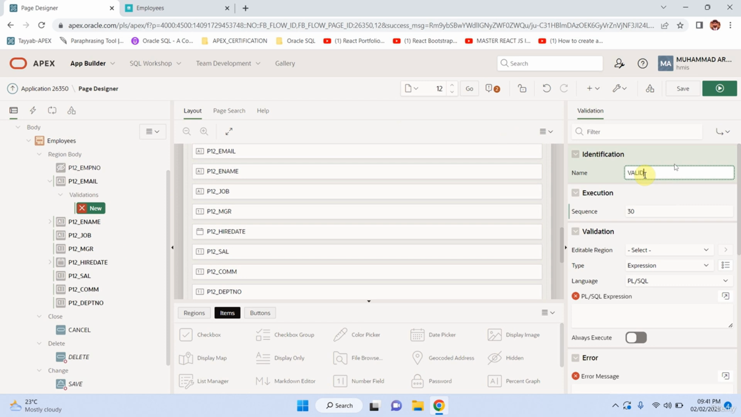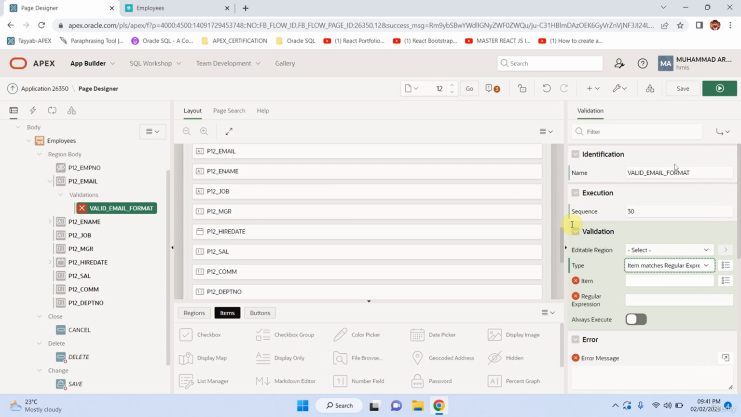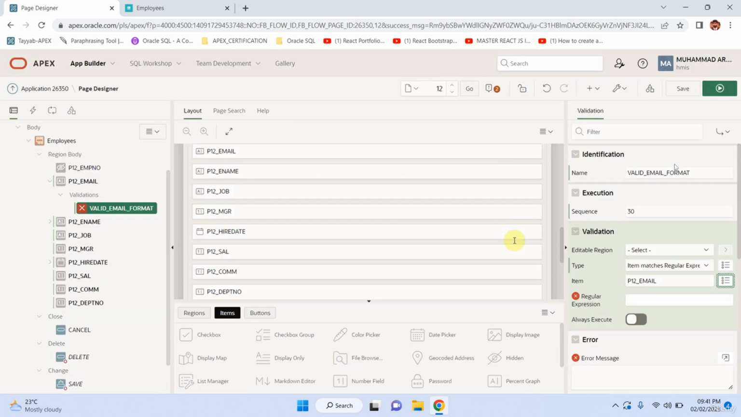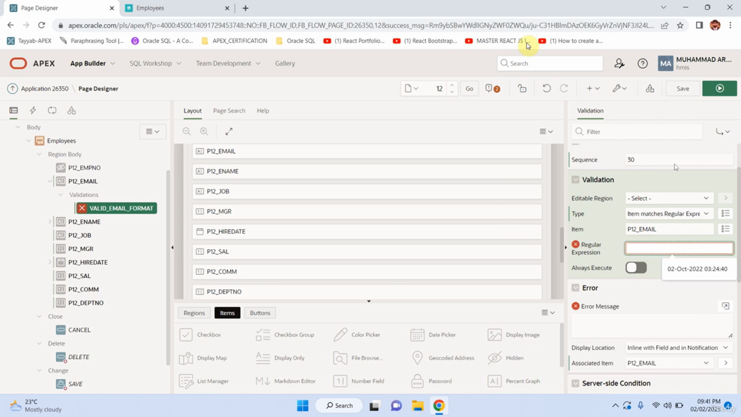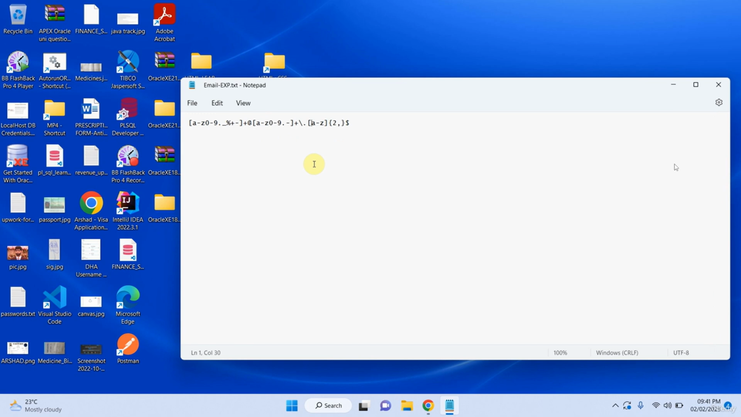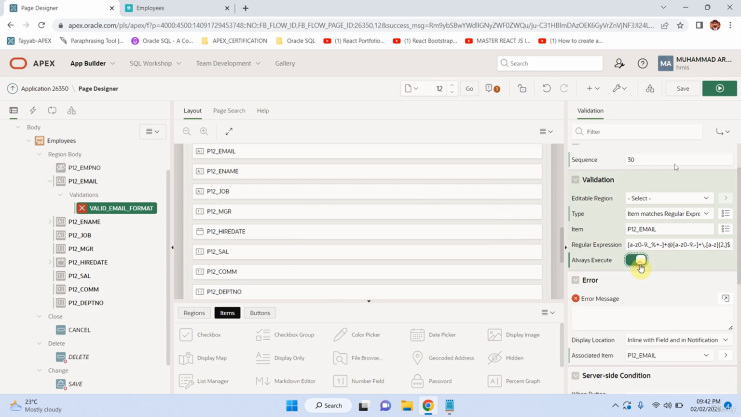Name it valid email format, and this time we are going to create item matches regular expression, and the associated item is email, and then we need to provide the regular expression. So for emails we have a regular expression like this, so paste it here and always execute it, and the